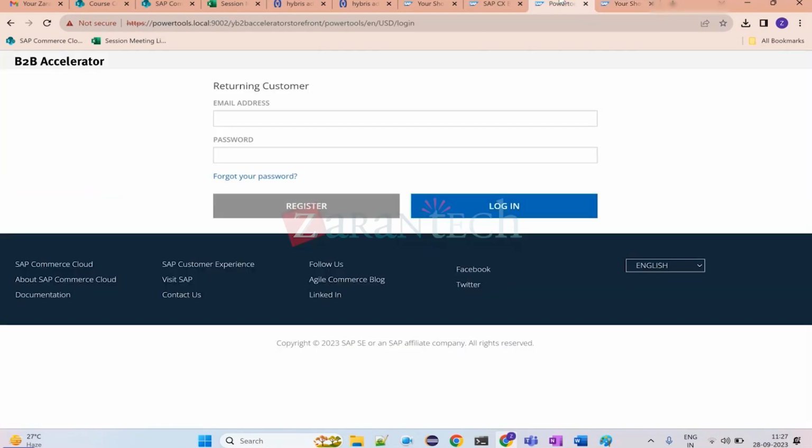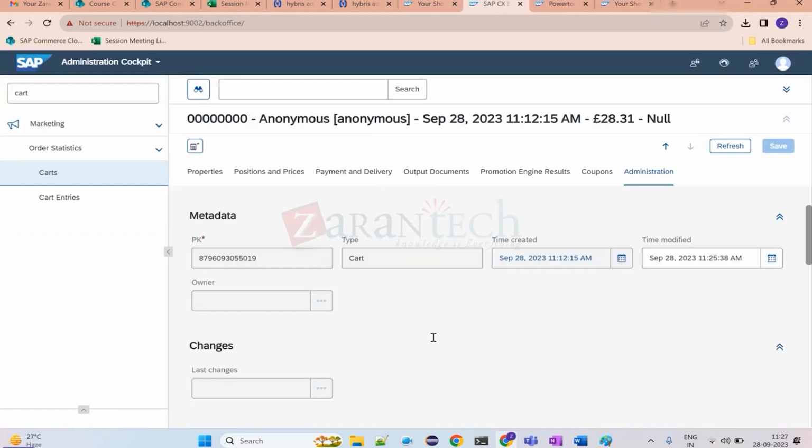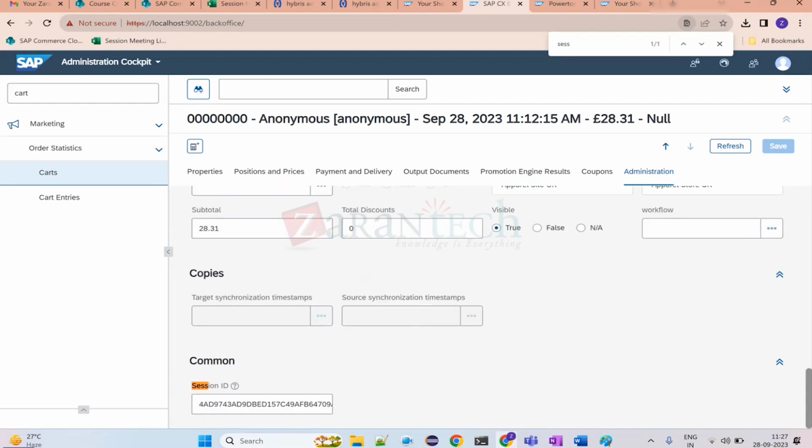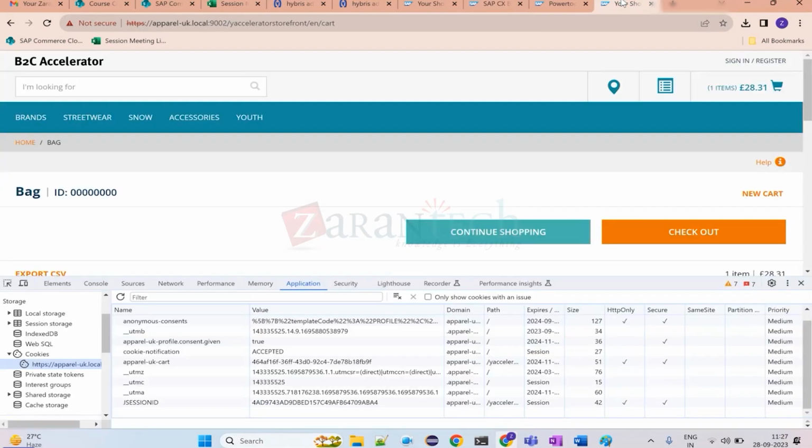Okay, and here we have a controller session. Again, session ID we have. This session ID is exactly similar to the JSESSIONID here, in cookies. Application cookies. If you interrupt this cookie, this JSESSIONID, you will lose your cart. So it is reloading this cart because this JSESSIONID is